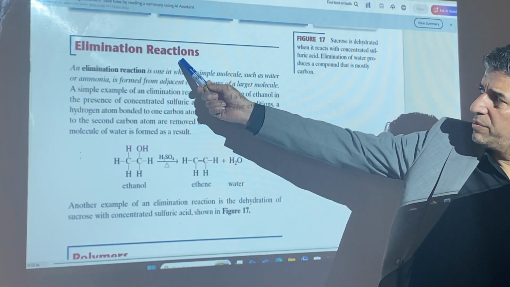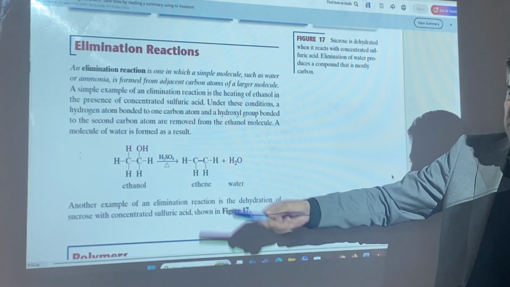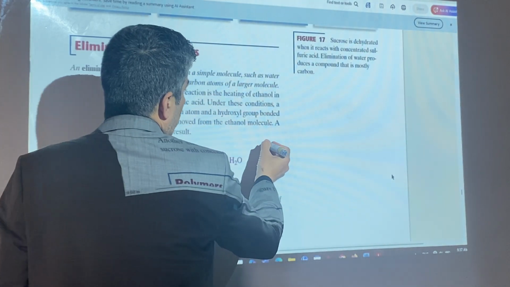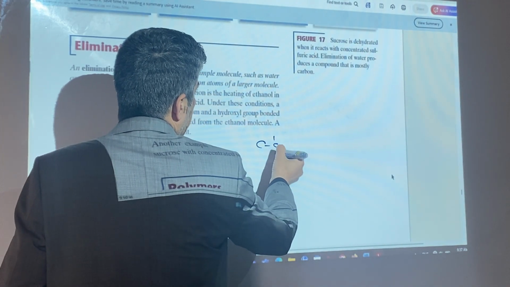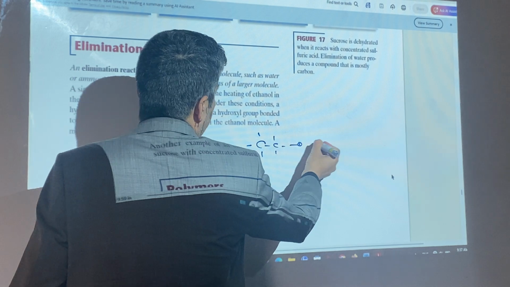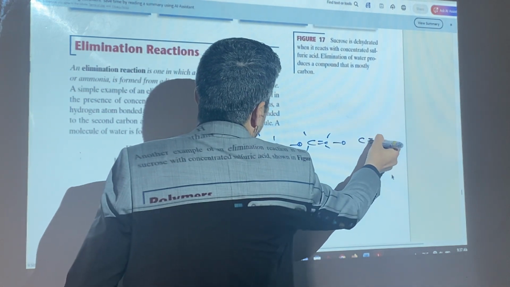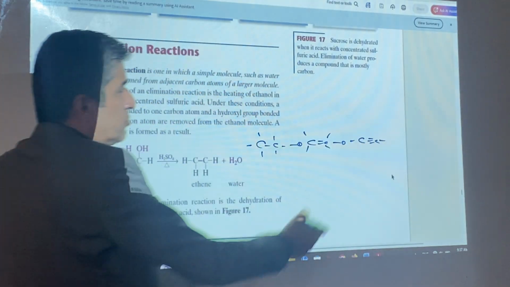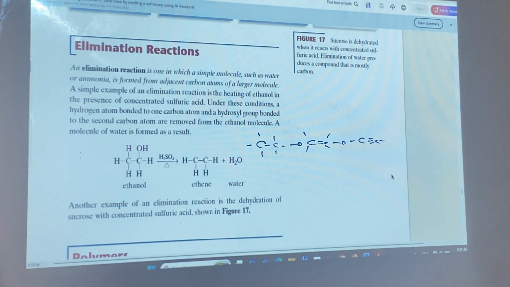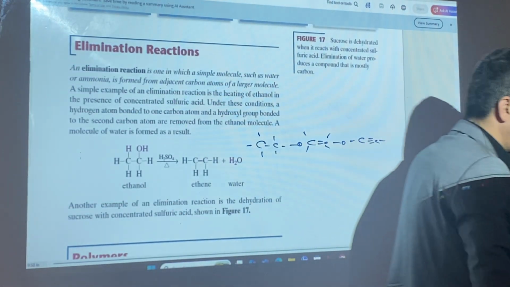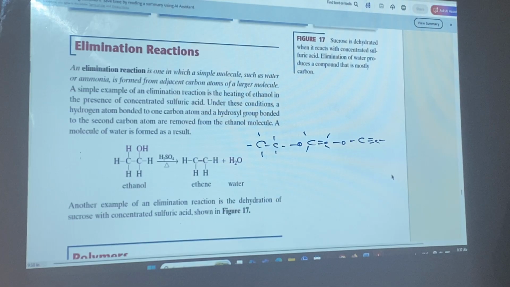That means the elimination reaction increases unsaturation, or decreases the saturation. Sometimes a single bond changes to a double bond, and a double bond will be changed to a triple bond. This reaction, opposite to the addition reaction, decreases the saturation of the molecule. This is also another type of elimination reaction, and